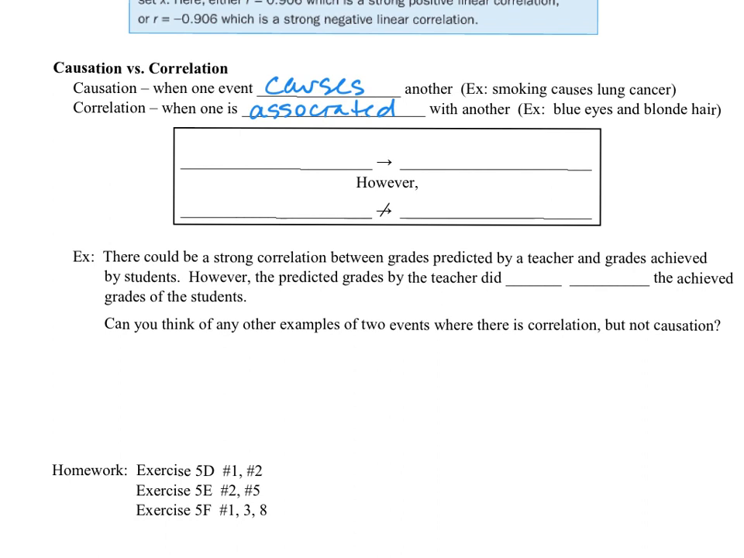A lot of times they will make a situation where they think one thing causes another when they really don't at all. There's just an association. So here's how I want you to remember it. First of all, if you'll remember from geometry, we use an arrow to represent the word